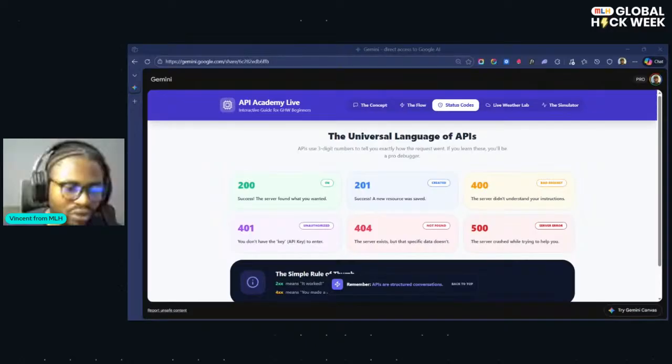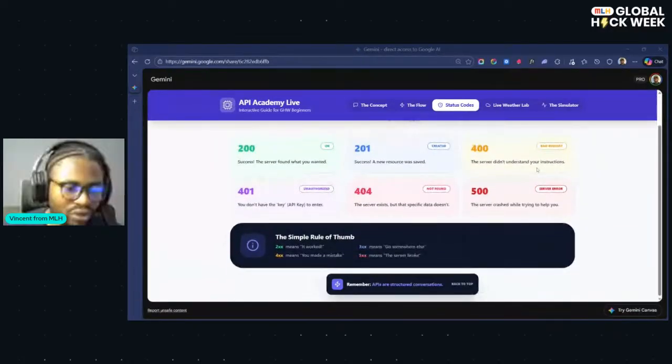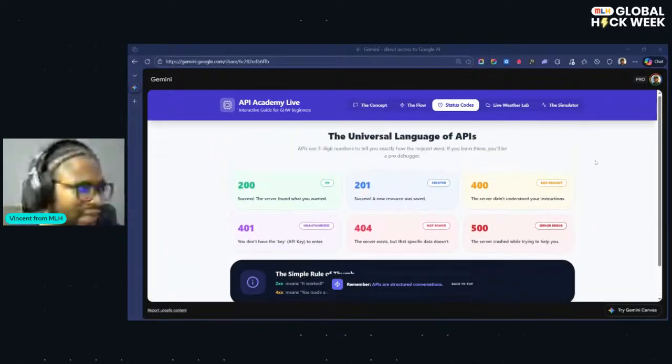Anyway, so back to the screen where we have the status codes. These are literally what tells you, or how the machines interpret, what is going wrong. This is very important. The status codes are important. It helps you understand exactly what is wrong.